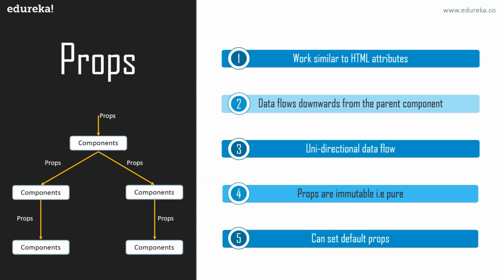They can set default props. So we can set some default properties around the props. Now let's talk about what is pure and impure here. Whether you declare a component as a function or a class, as we talked about, components can be of two types, a function component or a class component, it must never modify its own props. So props are always read only. They are immutable in nature. It is very well said that all React components must act like pure functions with respect to their props.